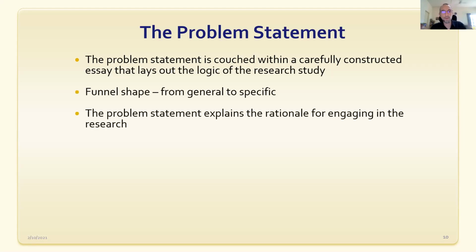It has a funnel shape. You start off with a general discussion of the literature, and you work your way down to the specific problem that you're going to discuss in its context. A lot of students make the mistake where they do a pyramid or a triangle, so they start off talking about the specific context, and then they try to get more general as they go. It tends to work better if you start with a funnel shape. Talk about the literature in general, where is the state of the field, and then work your way down to Malaysia, to a specific organization, etc.